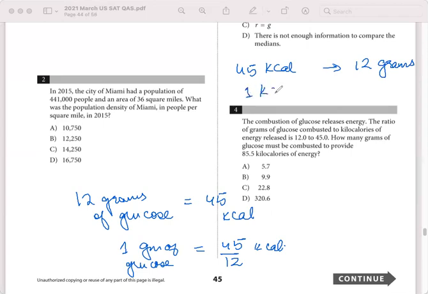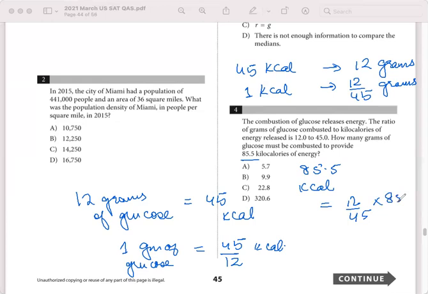So 1 kilocalorie is released from 12 by 45 grams of glucose. So 85.5 kilocalories would be released from 12 by 45 multiplied by 85.5 grams of glucose, which we can plug in the